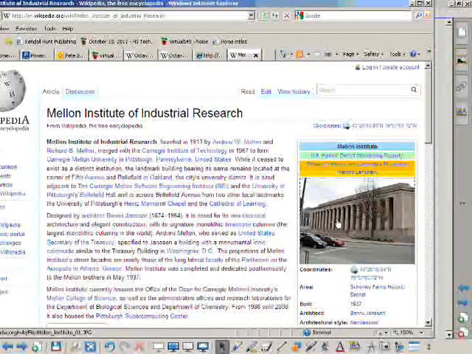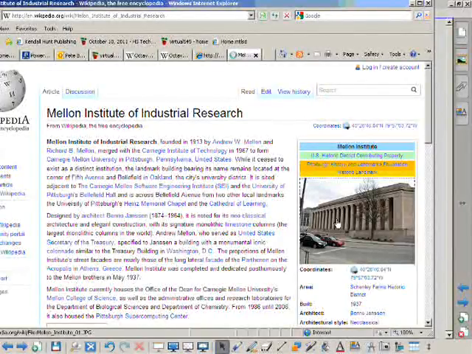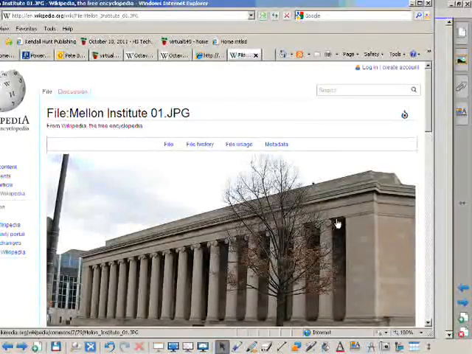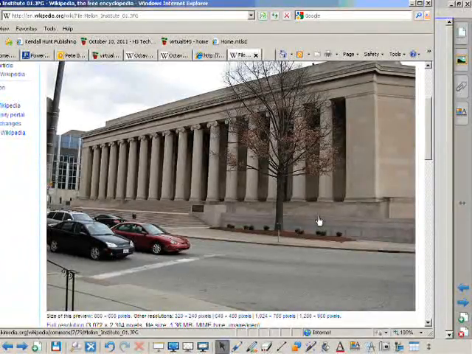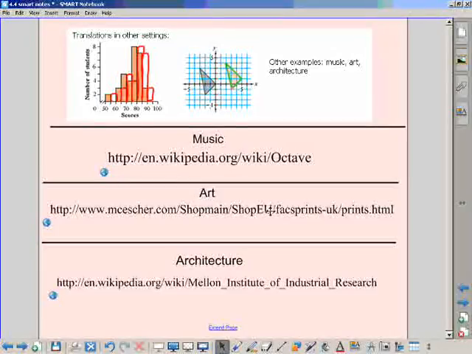Here's the actual photo. And you think of it as a translation because it's basically the same exact column that is replicated going down the building from left to right. So that would be an example of a translation in architecture. All right, so translations are everywhere. Let's move on and talk specifically about